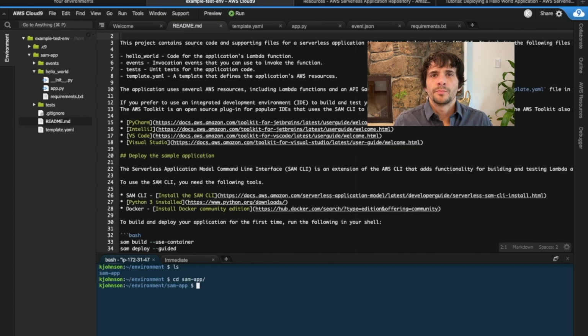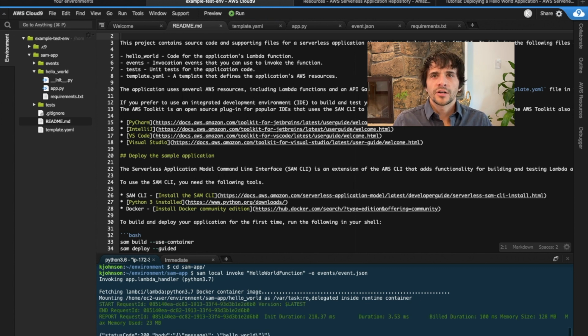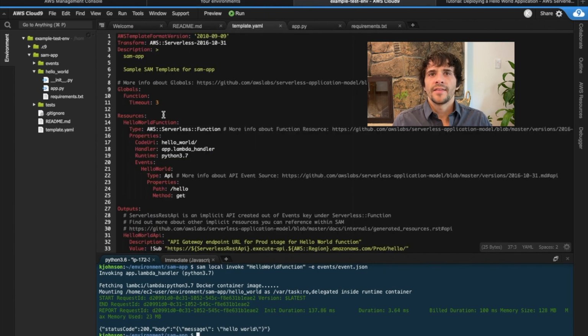So now that we have this built, what we can do is test locally. So if you go back to your hello world documentation or just follow along on my screen, what we're going to do is invoke Lambda locally. To do that, you're going to use the SAM local invoke, and then you want to pick what Lambda function you're calling and then also pass it the event. So what it'll do is it'll fetch the Docker container, run that event locally, and you should see a success